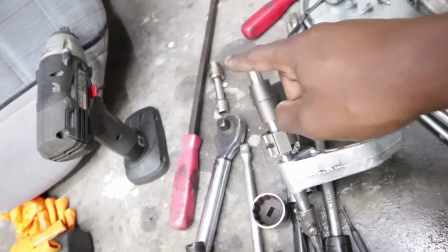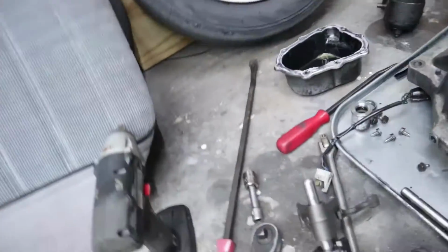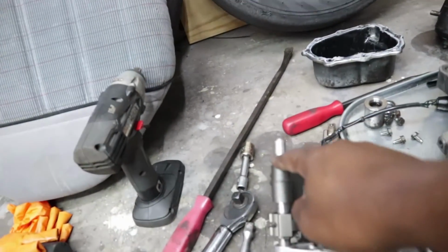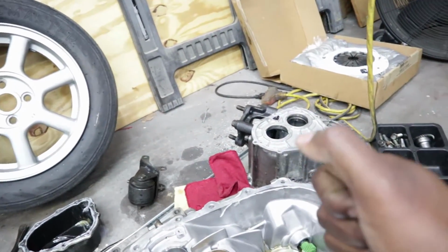The shift fork, or the shift forks here, they ride on this shaft. If I can focus, there we go. They ride on the shaft. The top of this shaft comes out right there. So with these rings floating around in there, they had gotten bound up on the shaft, and you can see some scuffing and some damage there. What I'm thinking happened was those rings were preventing this rod from moving up inside the fifth gear housing, and that's what was blocking me from getting into